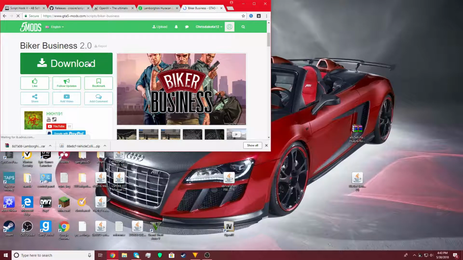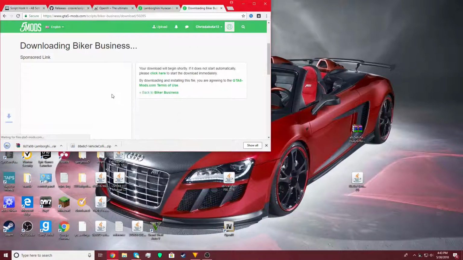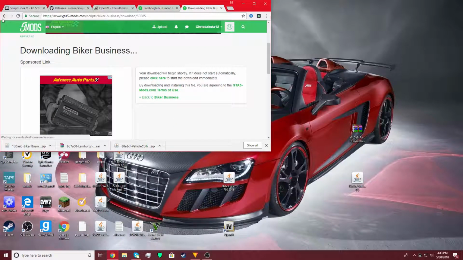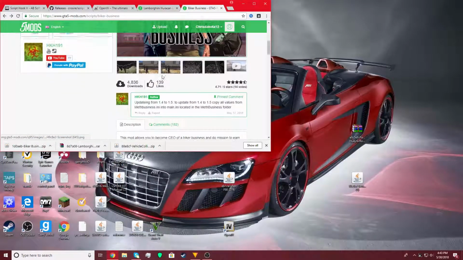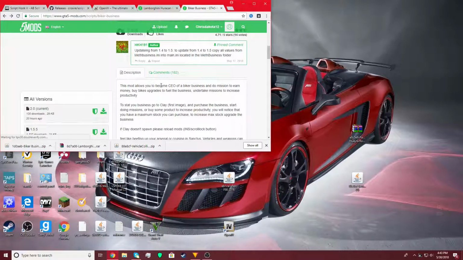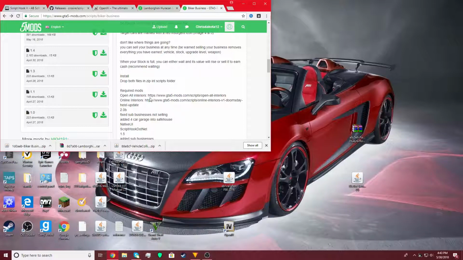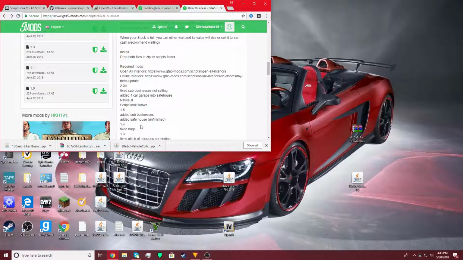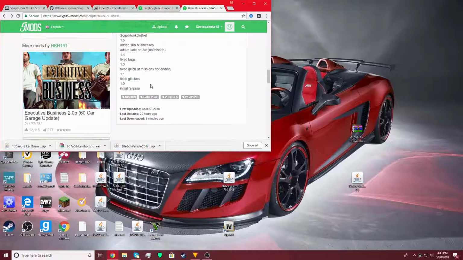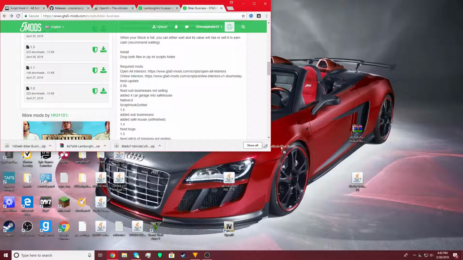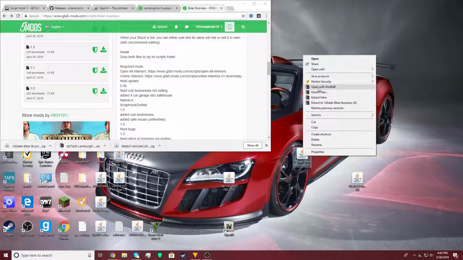Download it, and it'll say what you need for it most of the time right here. Yeah, requirements. And then this, you could read this and open this,